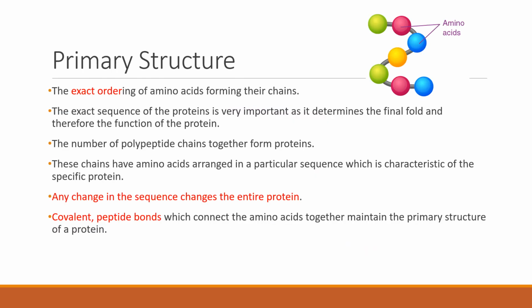Moving to the primary structure, it is the exact order of the amino acids present in the protein that is called the primary structure of the molecule. And you should see that a change in the sequence present in this primary structure also affects the protein functionality. Not only functionality but also the structural aspect of the protein is disturbed if there is any change in the sequence. Many of the amino acids present in the primary structure are connected with each other by covalent and peptide bonds.